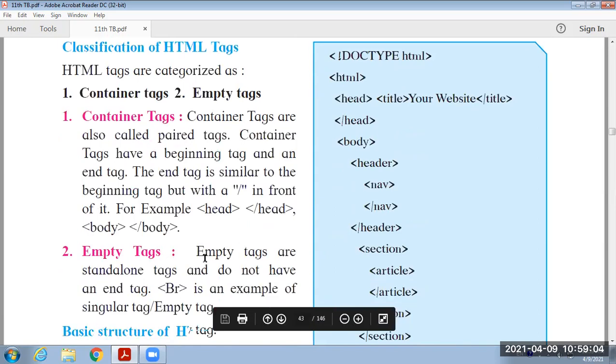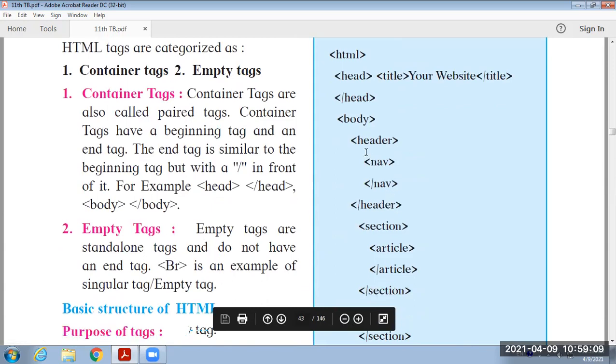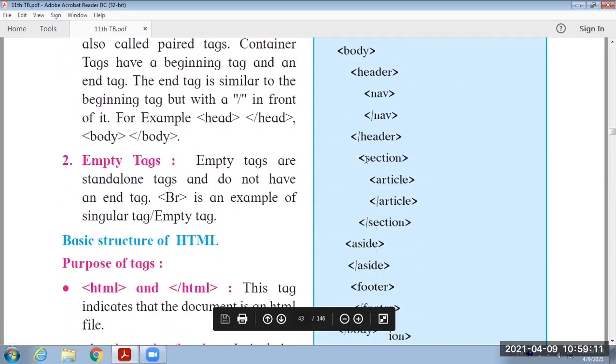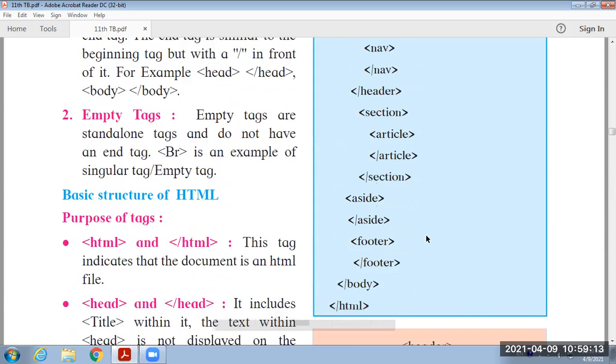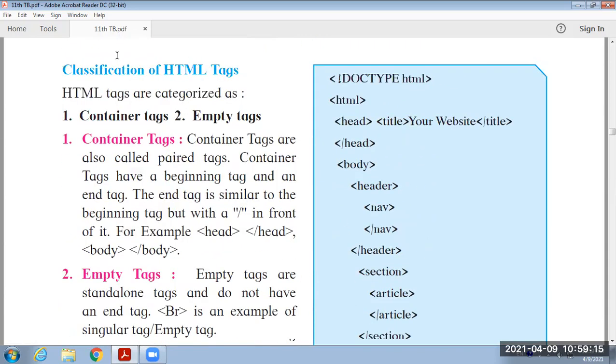Then classification of HTML tags. Now we have not gone through all these tags. That is the basic structure. First of all, let us complete the tags. HTML tags are categorized as container tags and empty tags. Container tags are also known as pair tags or doubly tags. That means we have to provide the starting as well as the ending of that tag.